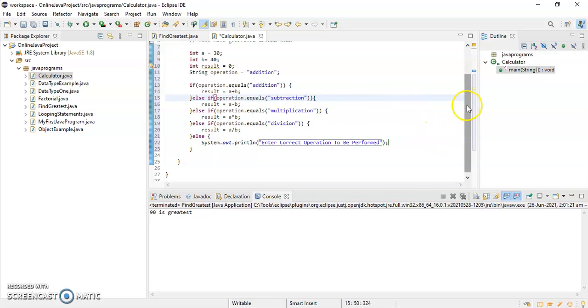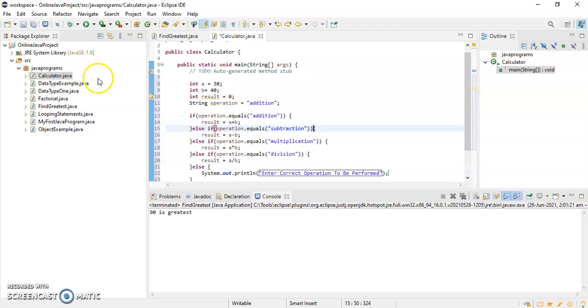Okay, one more parenthesis. Now let's just run this, and at last I'll print the result.